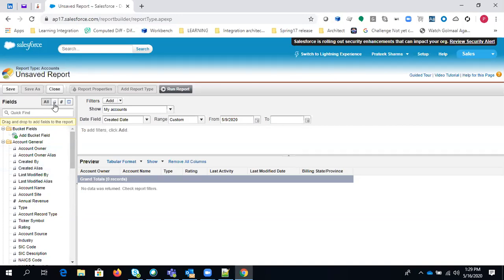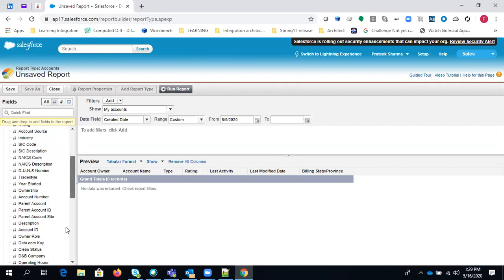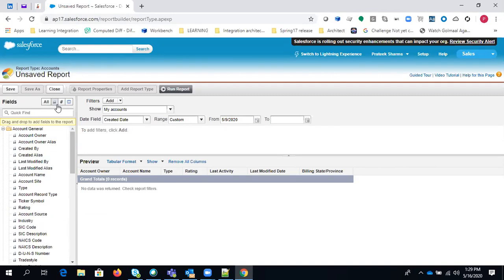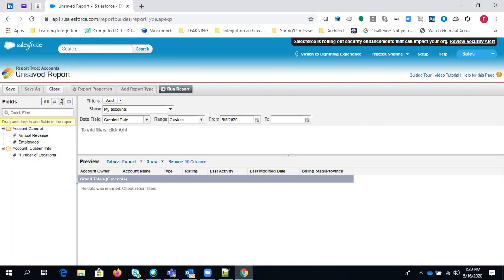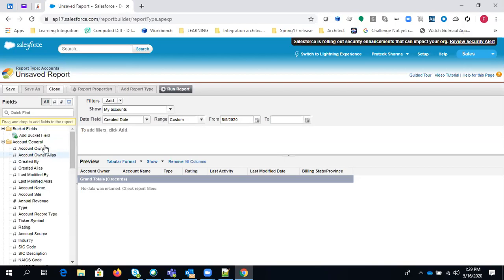If you just want the text fields, where the data type is text, you can see that after clicking on this @ sign, you will get all the text fields in the account. For number fields, you can simply select this, and for all the date fields, you can select this. So basically you can filter, and if you want all the fields again, you can simply hit All Fields again, and you will get all the related fields, right?